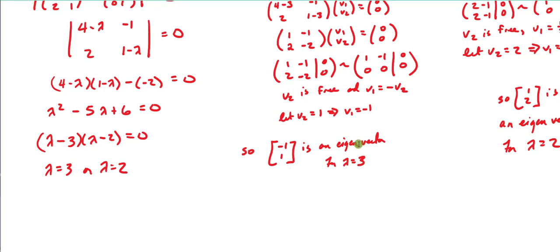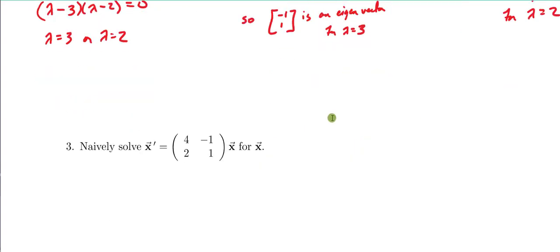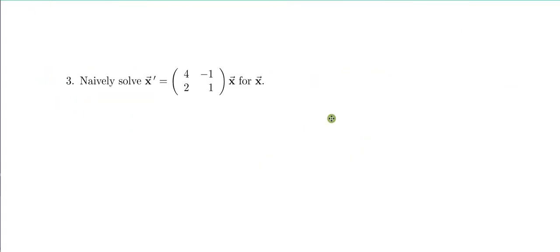Remember that eigenvectors aren't necessarily unique to the eigenvalue. In this case, since the eigenspace is of dimension 1, as long as your eigenvector is simply a multiple of my eigenvector, then we're in agreement. We found an eigenvector associated with the eigenvalue 3, and likewise we've got an eigenvector associated with the eigenvalue of 2. So now that we've got that, we can now talk about how to represent the solutions to these matrix